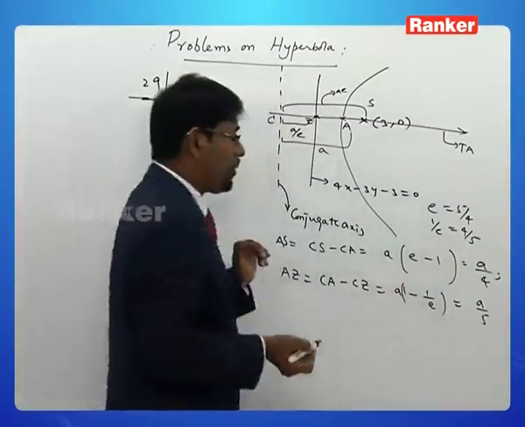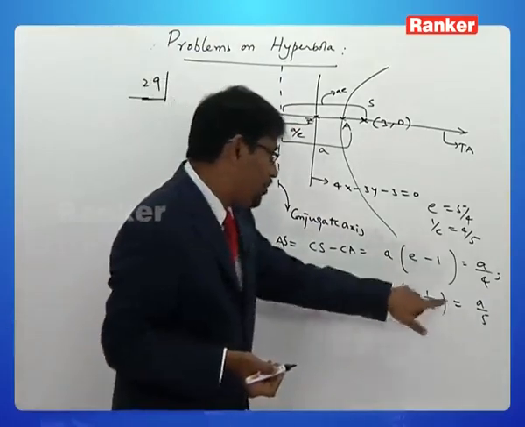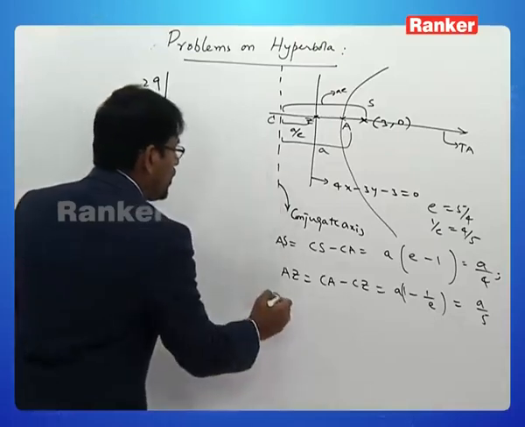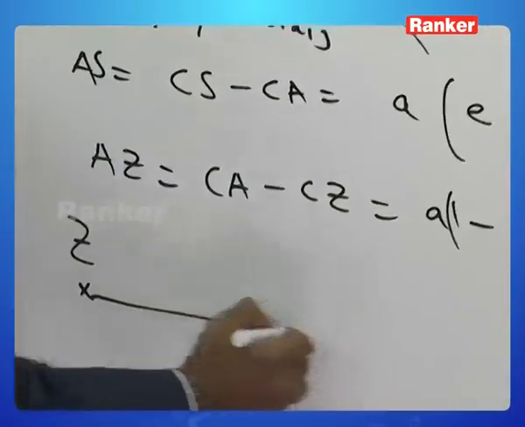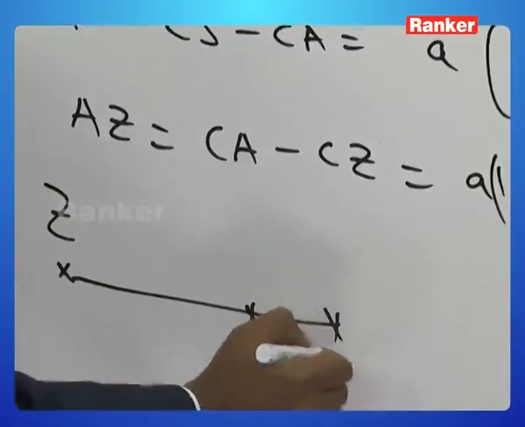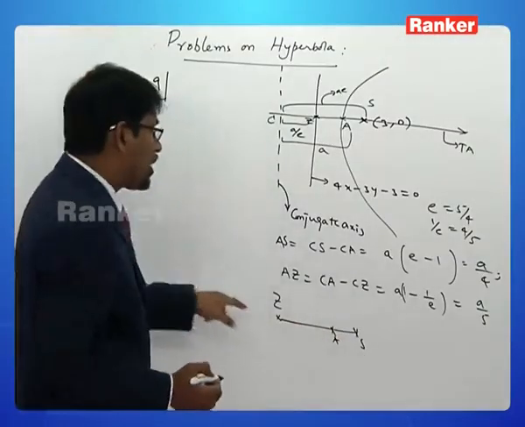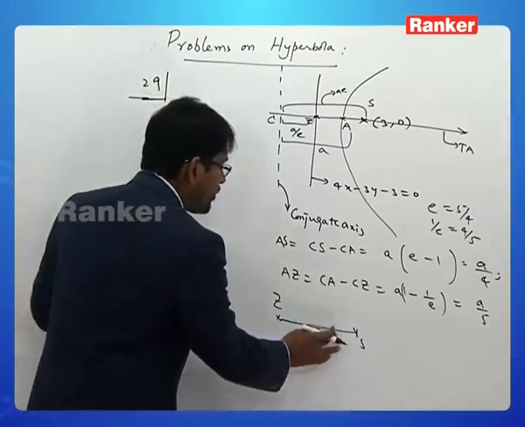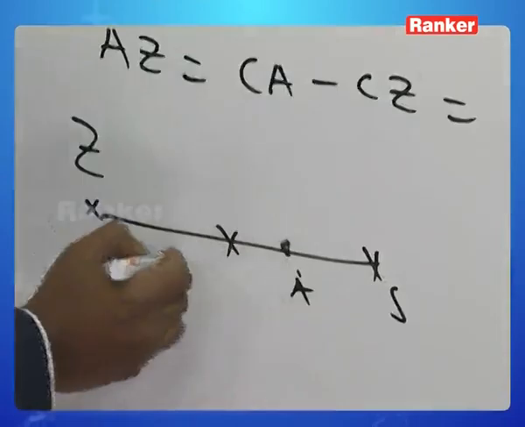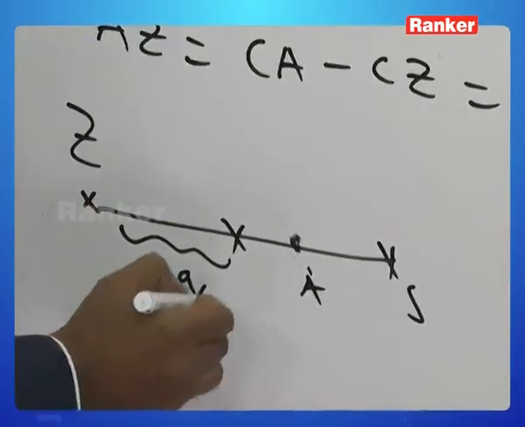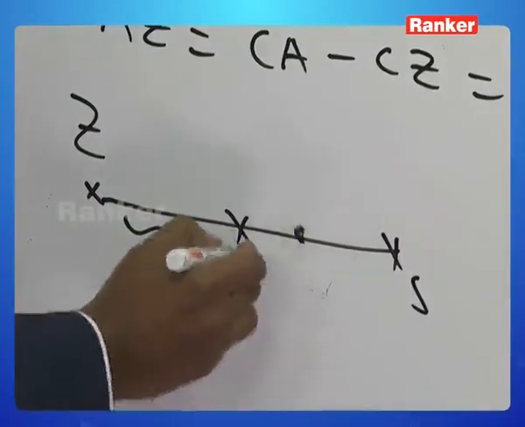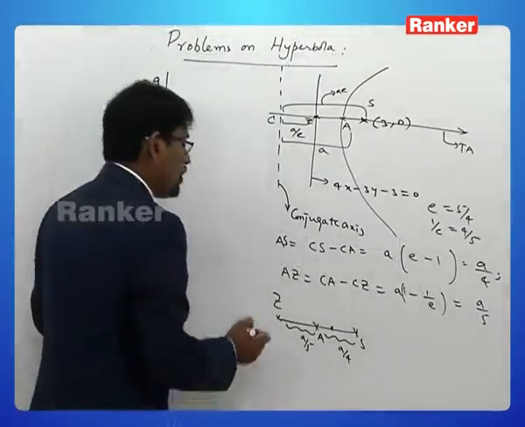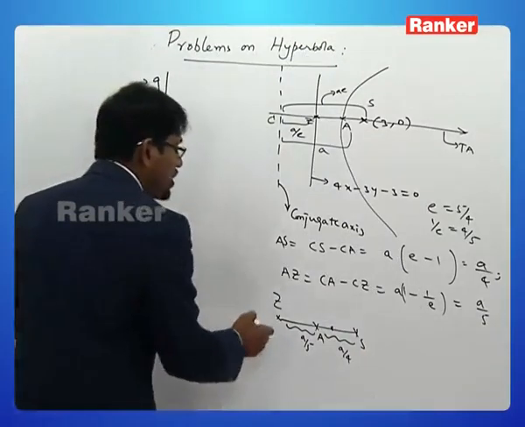So 1 minus 4 by 5, that makes it 1 by 5 there. Now I can say that we have the segment ZA. If you look at this part, ZA is 1 by 5 and AS is 1 by 4. It means that A divides